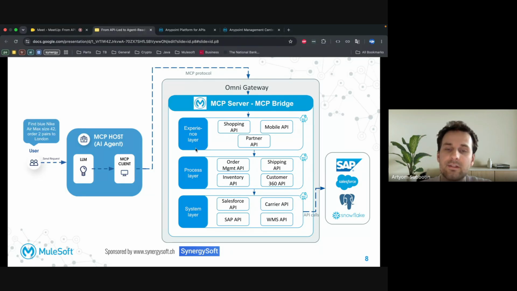This time, the destination is not the Anypoint platform. Instead, it's an Omni Gateway, and it's not a custom application. You see that we have just the legacy, the old API-led structure without any additional MCP APIs. And this is the MCP bridge, the architectural heart of this MCP server. There is no agentic MCP API as there was before.